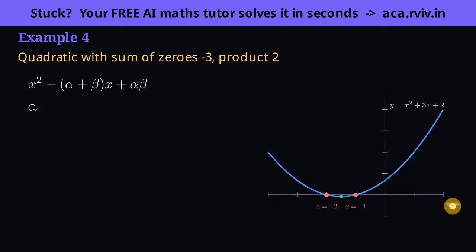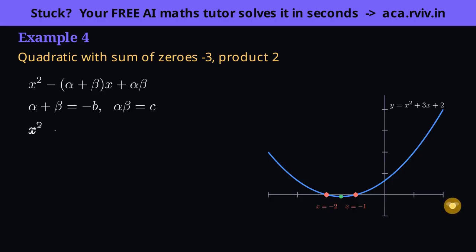Here's why that template is legitimate, not a trick. For x squared plus bx plus c the sum of zeros is minus b and the product is c, so the sum sits in the middle slot with a minus sign and the product sits in the constant slot. Plugging our given numbers into those exact slots rebuilds the quadratic.